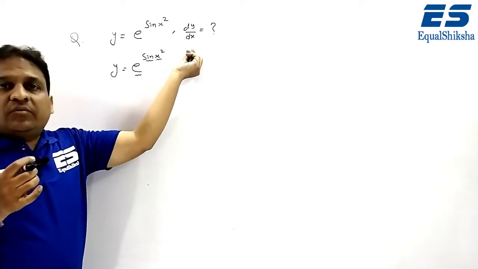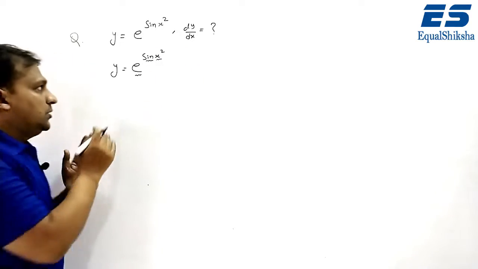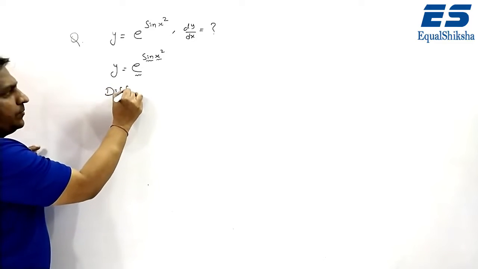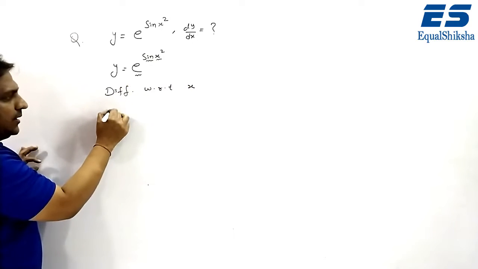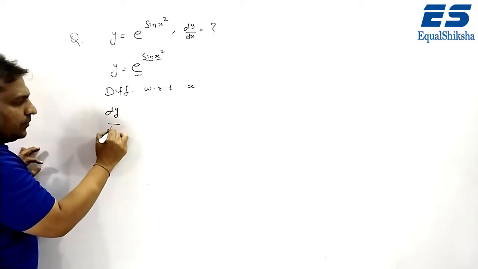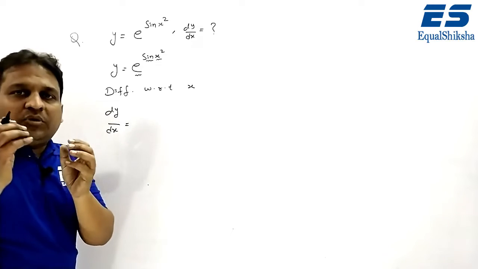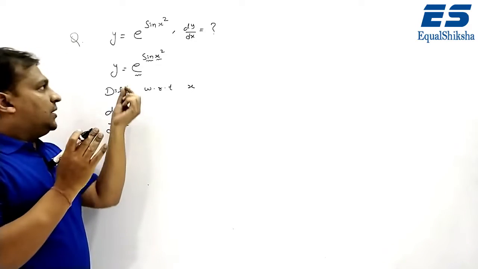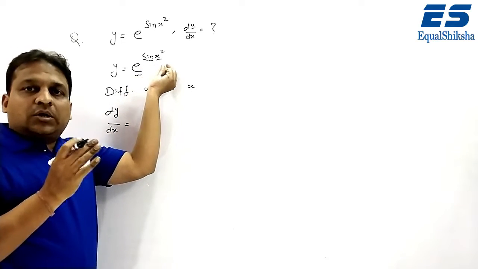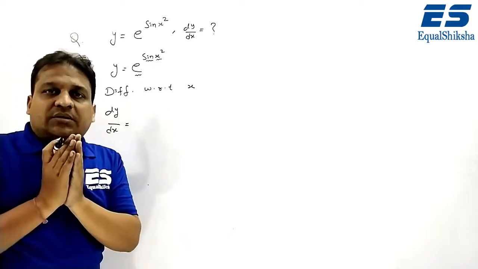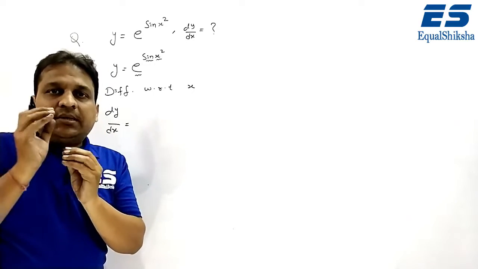Now we have to find the value of dy by dx. It means now we are doing differentiation of this question. Now differentiation with respect to x. देखिए ध्यान से, इसका differentiation मेरा कैसे होगा? There is an example of function of function. So first we have to differentiate the first function. Here the first function is e, second is sine, and third is x square. Now we have to differentiate only the first function, and the first function is e, and all the remaining functions will be considered as x.